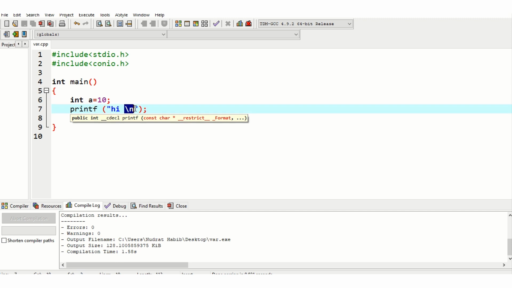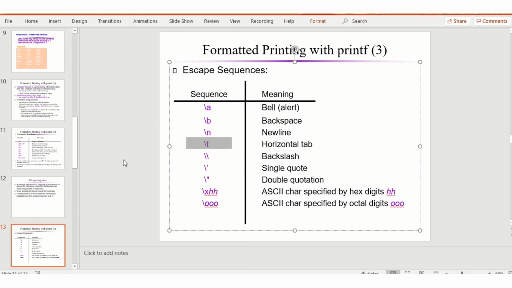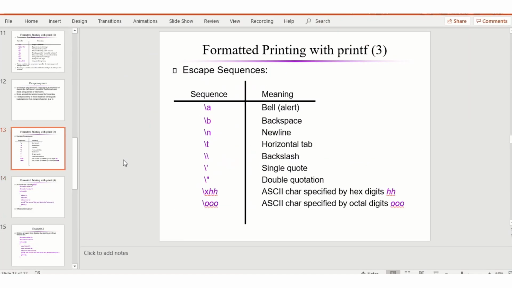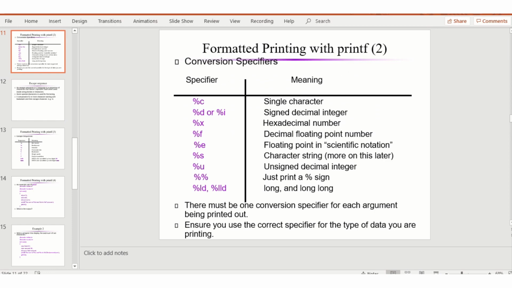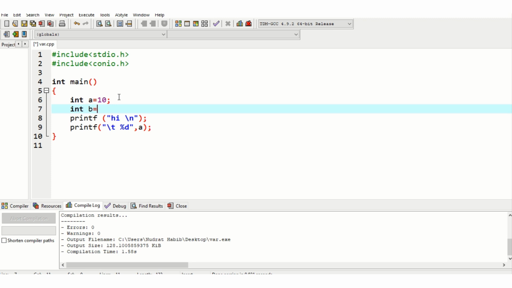Here new line, here tab. These two are important. We will use these. Okay, the next thing is integer a equals to 10, integer b equals to 20.